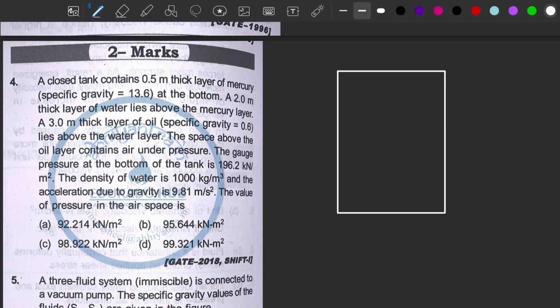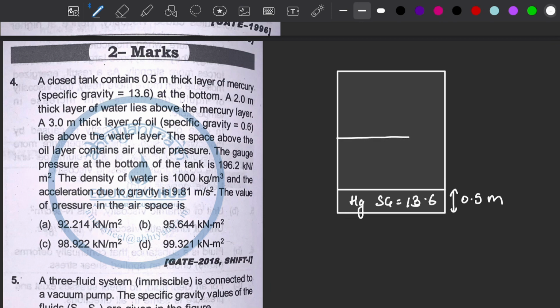Now, in this tank, at the bottom there is 0.5 meter thick mercury. This is 0.5 meter, and this is Hg, which has specific gravity 13.6. Alright. Above that there is a 2-meter thick layer of